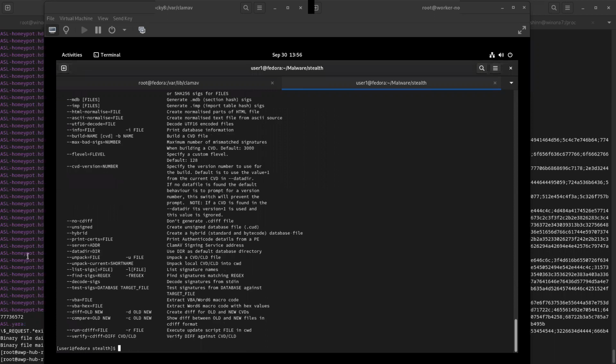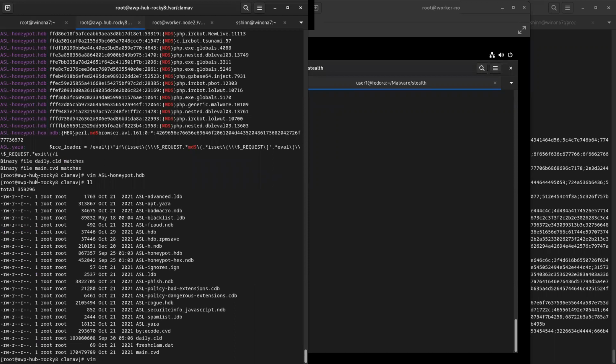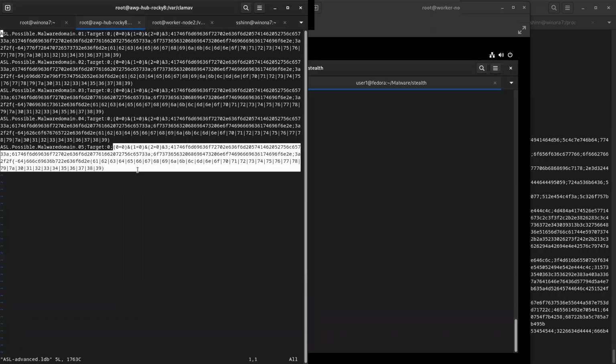But let's take a look real quick at what some of these other SIG files look like. So this is an LDB, which is a more advanced one, where we actually are looking at the structure of it. I'm sure this is very daunting to look at, and yeah, it is. Effectively, it is an and and or condition. I can create ands and ors in this to find particular values in the file. That's cool, but it's really hard to write.